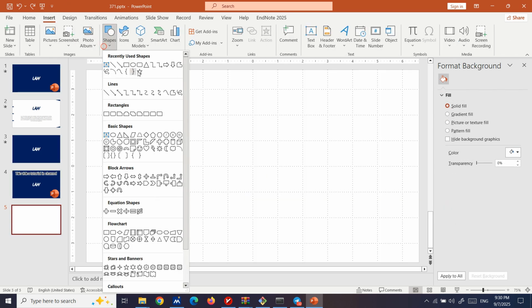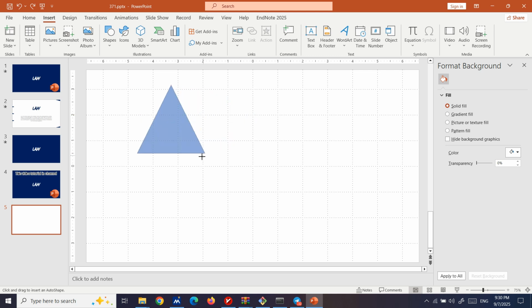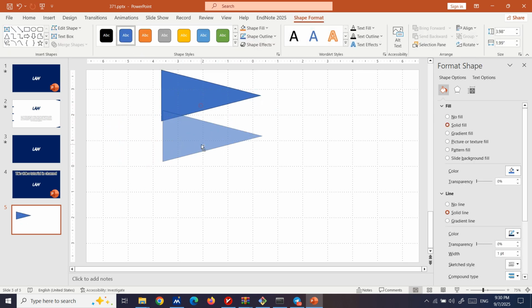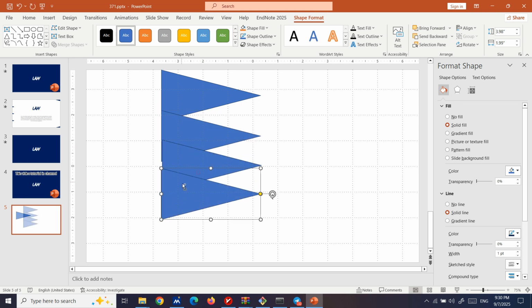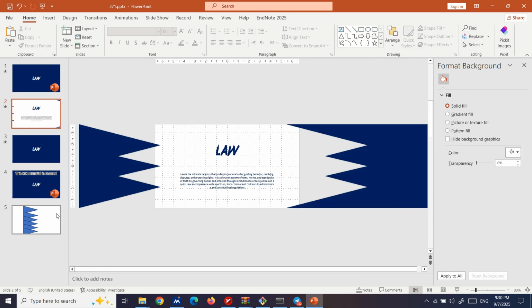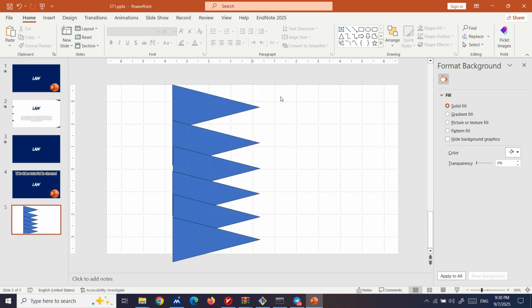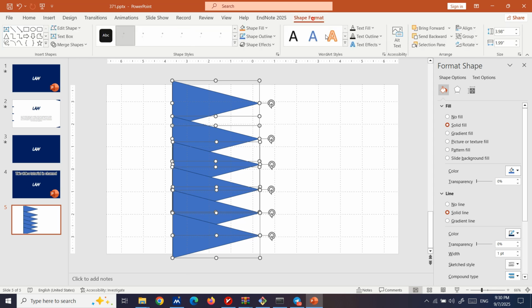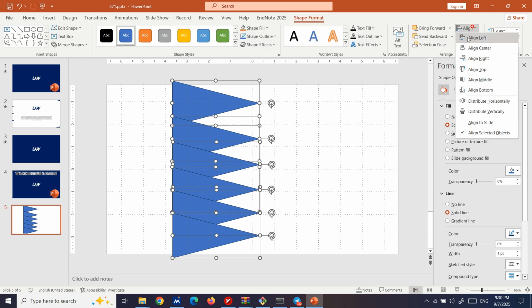For that we need to insert some triangles, then rotate them, create some copies of them until we get something that looks like this, you see here. And after doing that, we select all of them and make them one shape,